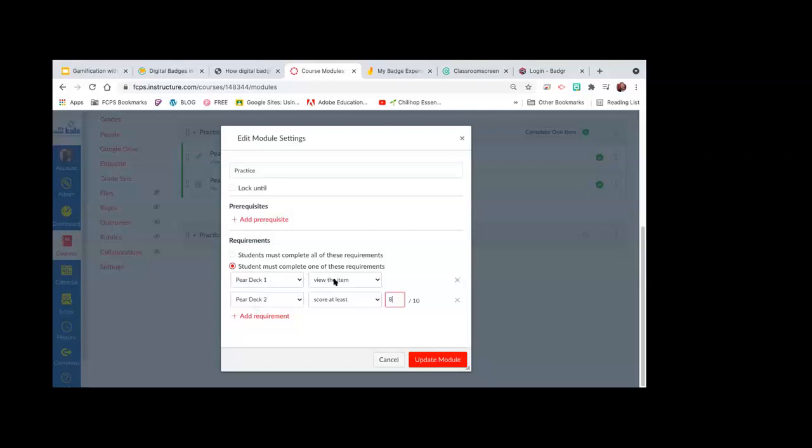You're not going to see these pop up until you hit add requirements. And so I can go back in here and change the requirements to submit and score at least. Obviously it has to be submitted before it's scored, but that's where you put those requirements in, and you can get rid of them as fast as you put them in. I can add them in here and then put the view item. So this is where you'll do that thinking